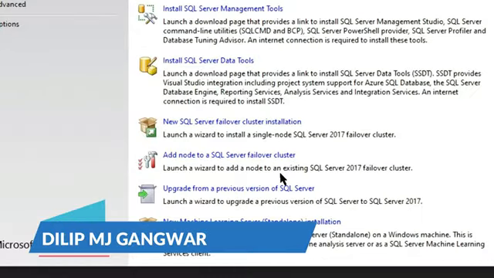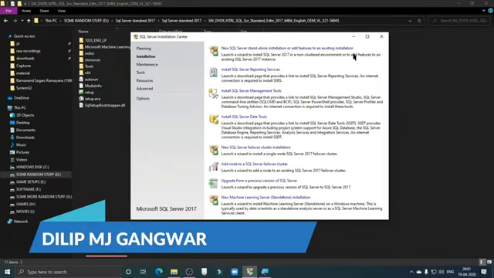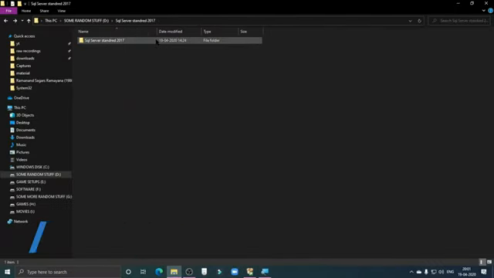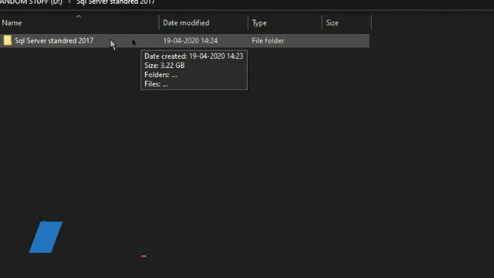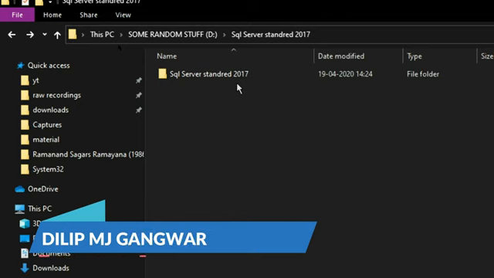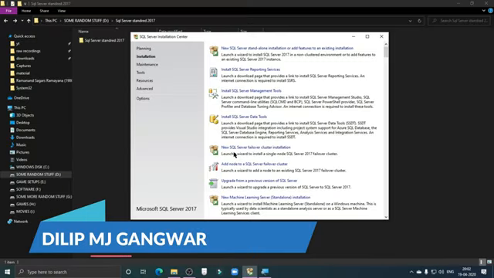Now after coming here, you can see that there is a machine learning server in standalone installation. That means that it is not with the setup. You can also see here that this is a standard version of SQL Server, the very basic version of SQL Server, which means that it does not include machine learning server and the R and Python and stuff. That's why it couldn't install that, and that's why we had to download them from the browser. In spite of that, I just showed you that we tried to browse the folder, but it was not accepting it.